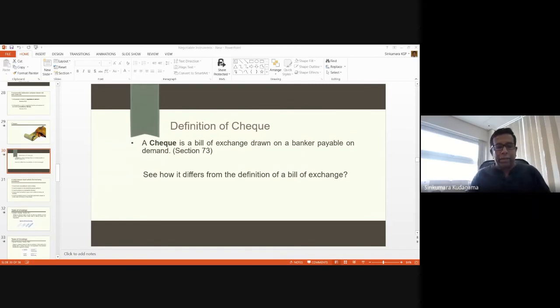You see that we don't have to go into other elements of a bill of exchange, because now you see that when we have exhausted the words in this section with this definition, which says a check is a bill of exchange drawn on a banker payable on demand. So since all the words in this definition have been discussed, we don't have to go back to the definition of a bill of exchange